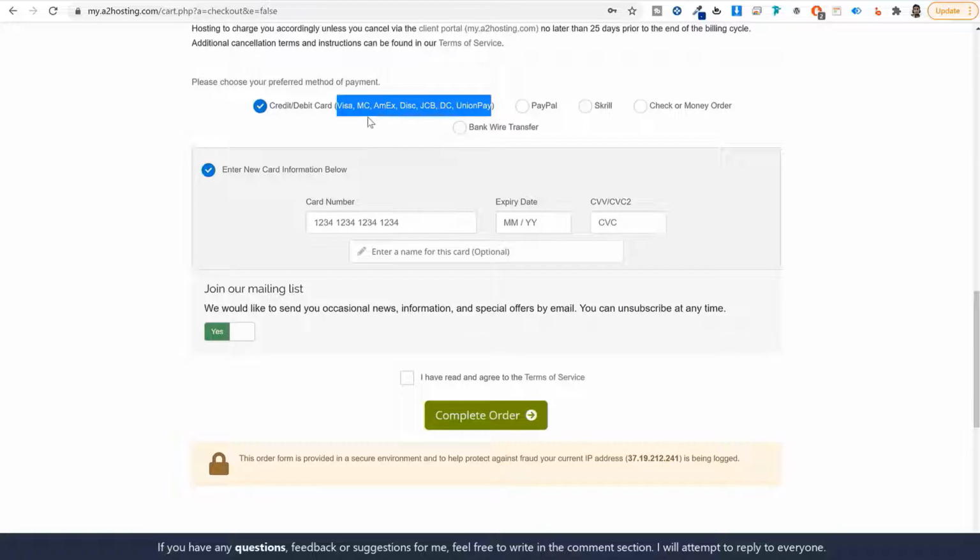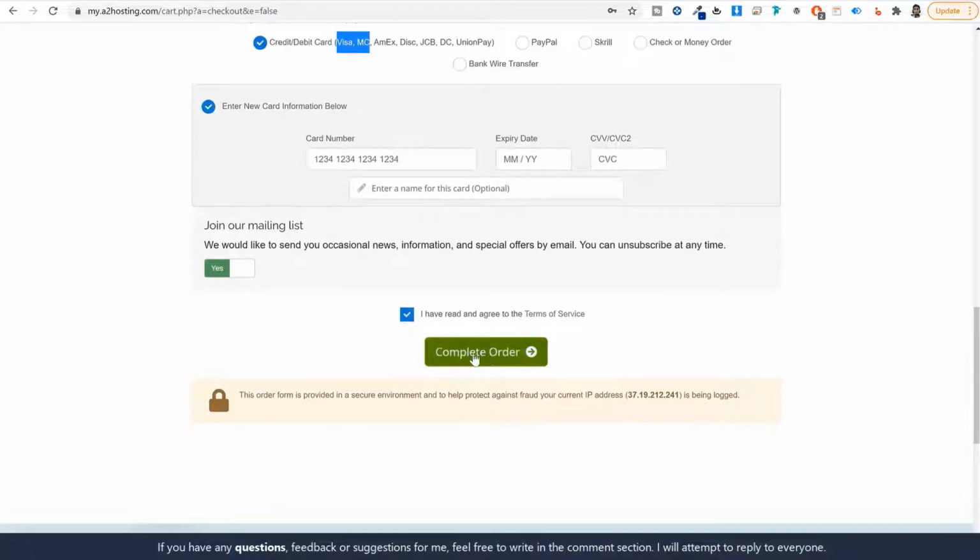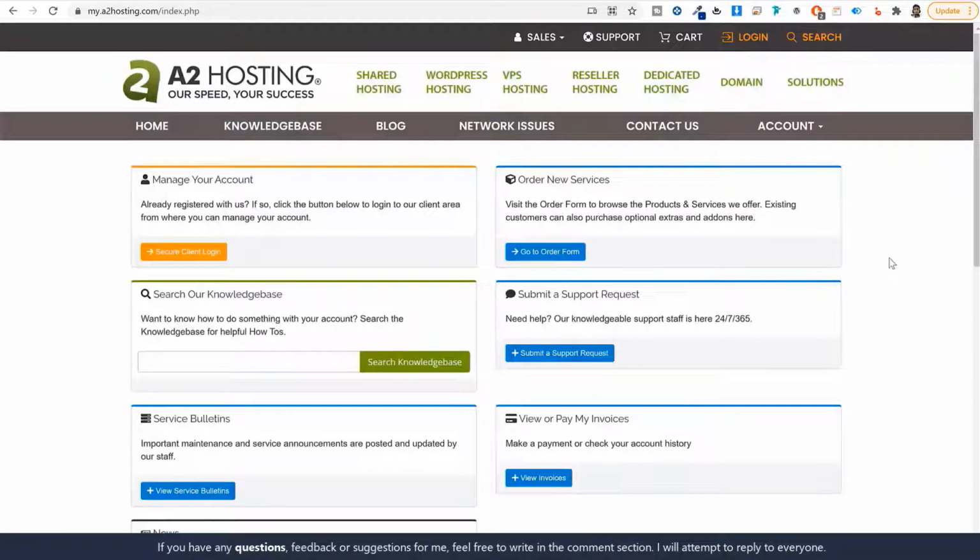So if you have a RuPay card, you can go visit your bank and upgrade your card to Visa or a MasterCard. So enter your details, and after that click on the tick mark and click on complete order. Now once you complete your payment, you have to come to this website or this page,